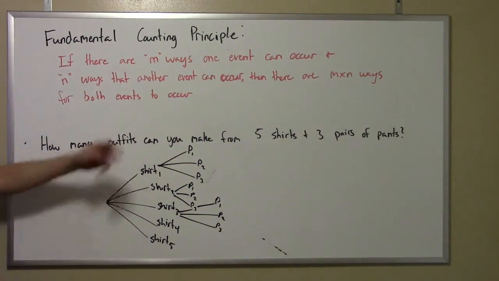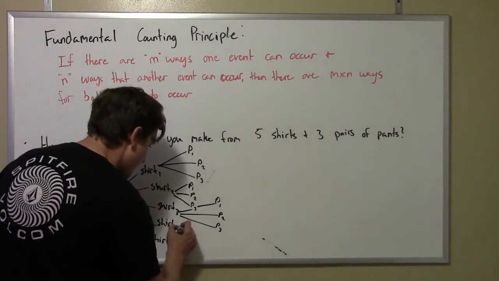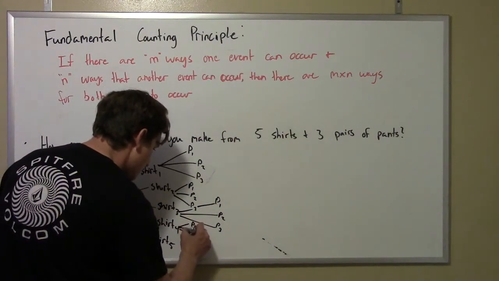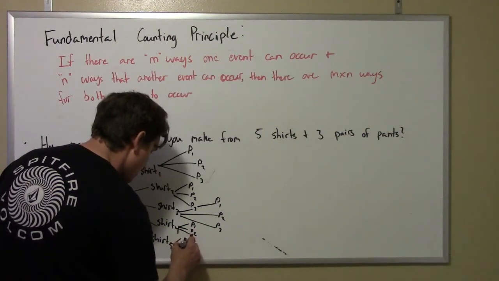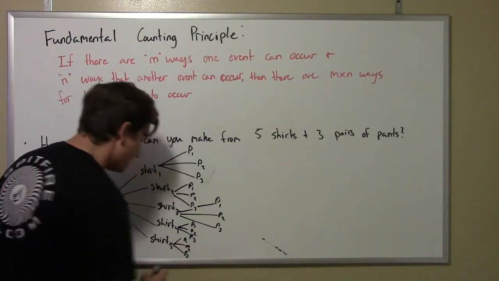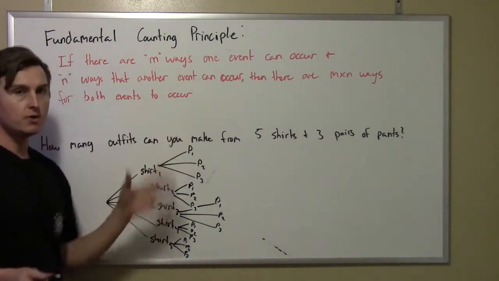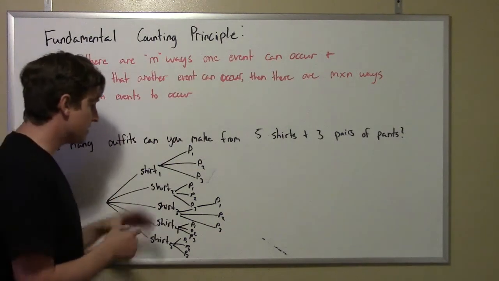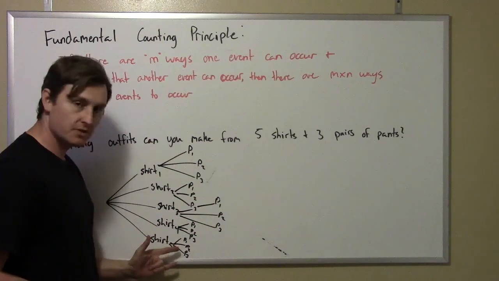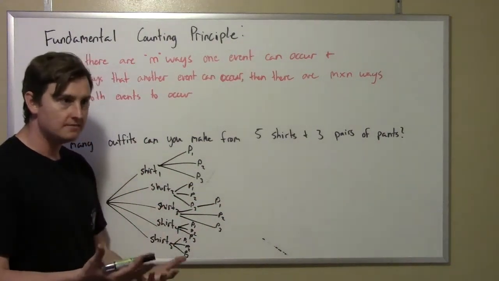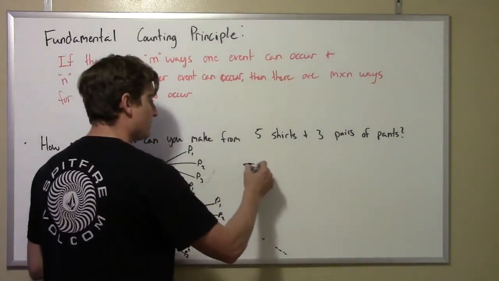So this is getting a little cramped. We probably should have spaced this out a little bit better, but you get the idea. P1, P2, P3, P1, P2, P3. So the idea is for each shirt choice, I have 3 choices. And so what you end up seeing is 5 groups of 3. Here's 3, here's 3, here's 3, here's 3, here's 3. There's 5 groups of 3 pant choices, because there's 5 shirts. So 5 groups of 3 is 5 times 3,